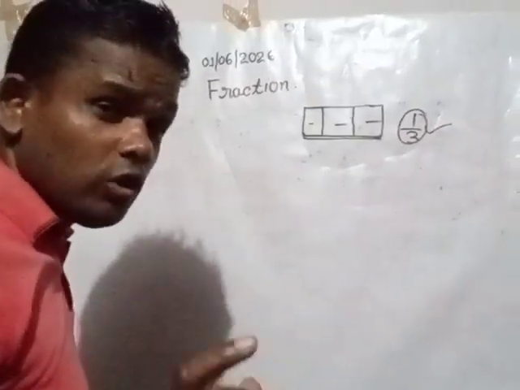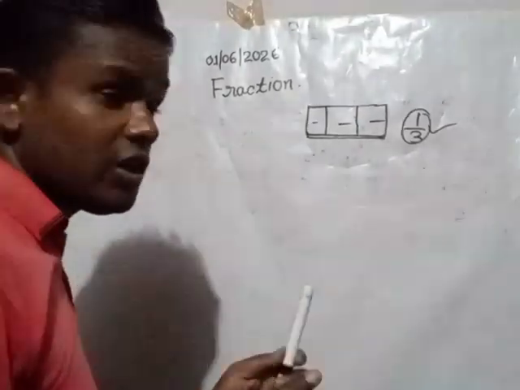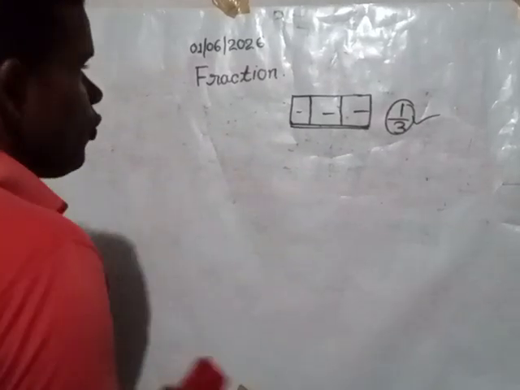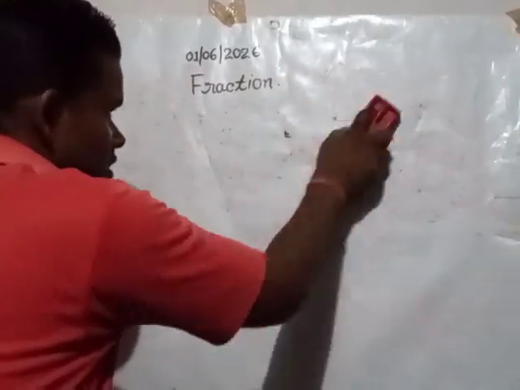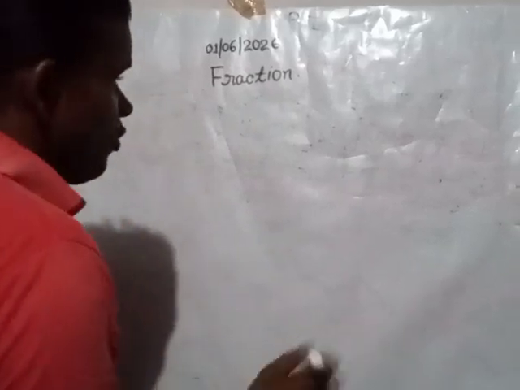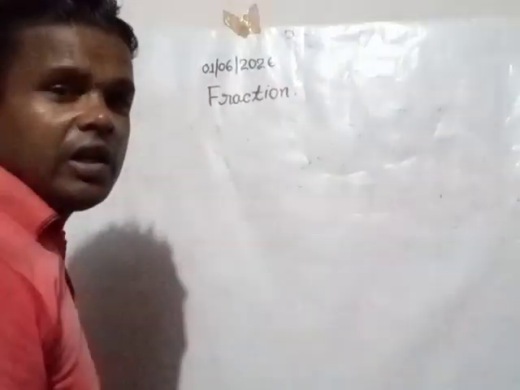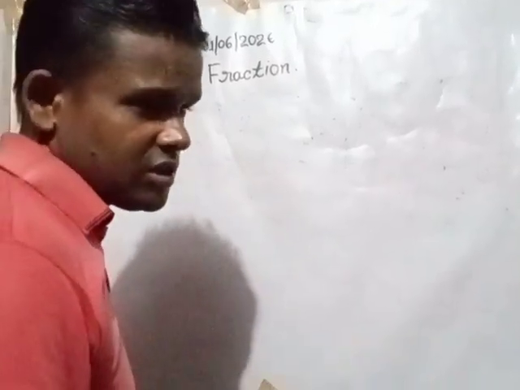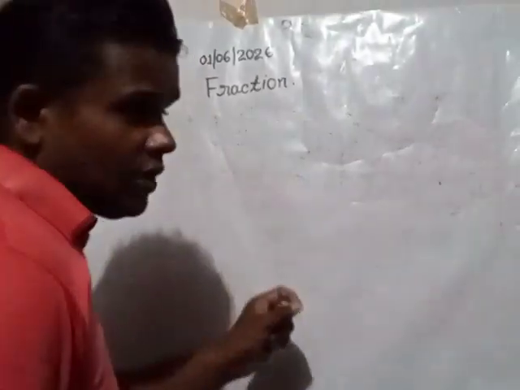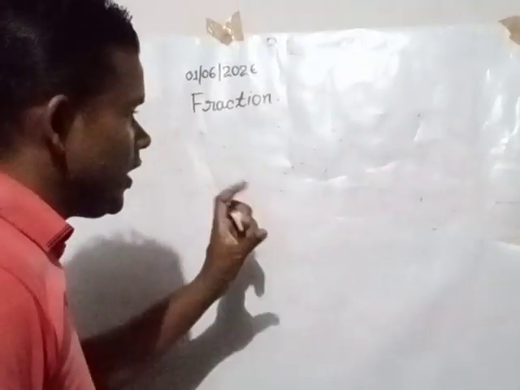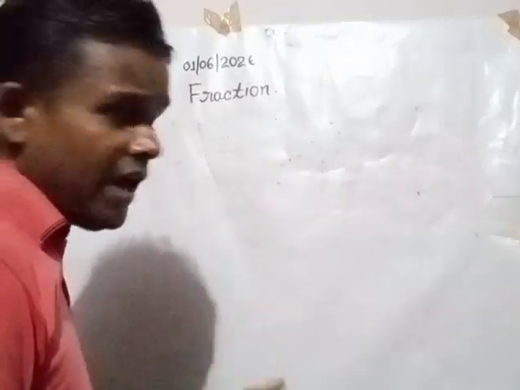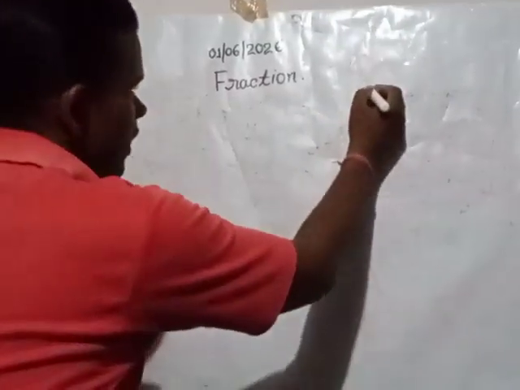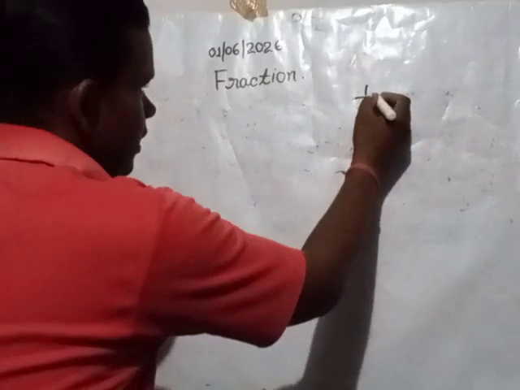When any whole thing is divided into many equal parts, here we try to understand with an example. Suppose here is only one apple, and we divide it into 20 portions. How to divide? Here we cut the apple into 20 equal pieces and give one part to each person. That is called 1 by 20.